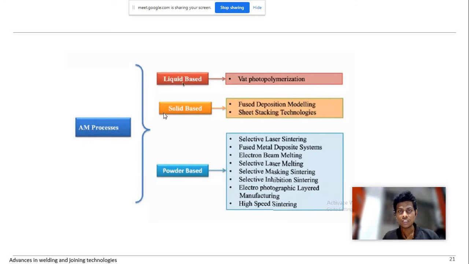So based on the feedstock, we use feedstock in additive manufacturing to deposit layer by layer. We classify the processes based on the feedstock condition as liquid based, solid based, and powder based. In liquid based vat photopolymerization, in the container we'll have a liquid, and with the